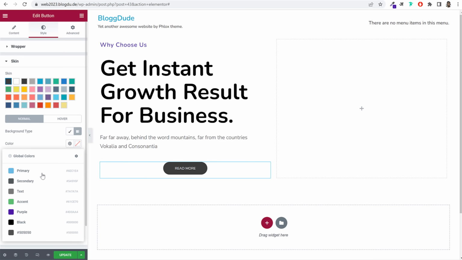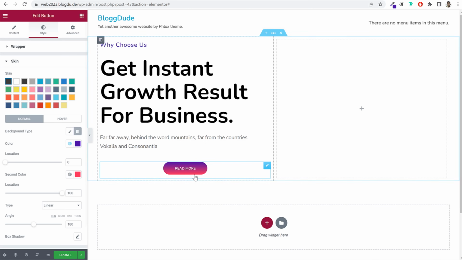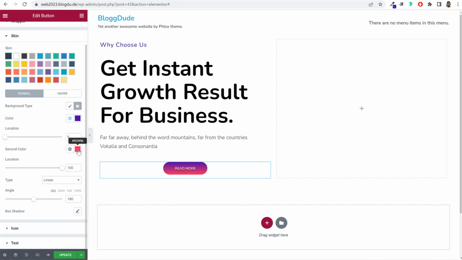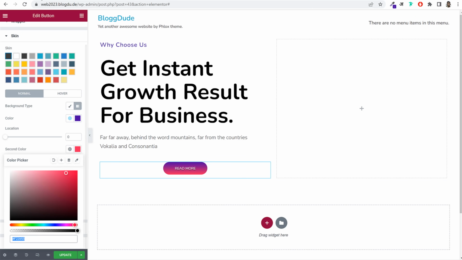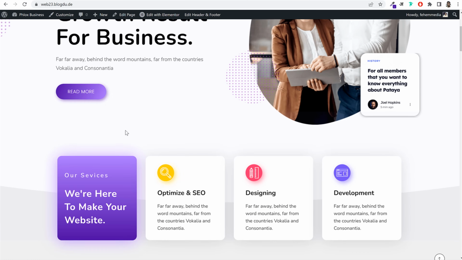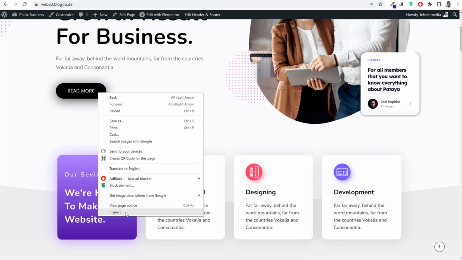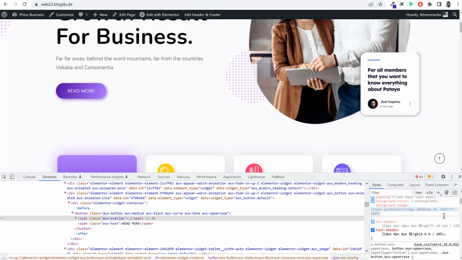For the first option, we want dark purple. Now you can see the second color is already selected. We don't want this color. So for the second color, I want a light shade of this color. Let me see if we can get this color code. Right click on the button, click on inspect. Yeah, this is the second color,